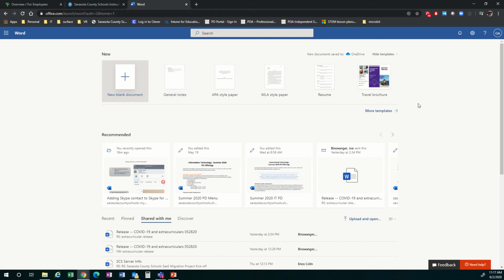And that's the basics of the online web apps for Word, PowerPoint, and Excel. So you can create new files. Anything you create here will automatically be saved to OneDrive. Saves automatically as you work. You have the ability to share and collaborate in real time, so you'll see the edits happen if other people are working on a document. And you also have the version history, which is a nice feature to have that you can always bump back to a previous version if needed. So that wraps up the web app version of this lesson, and we will be moving on to